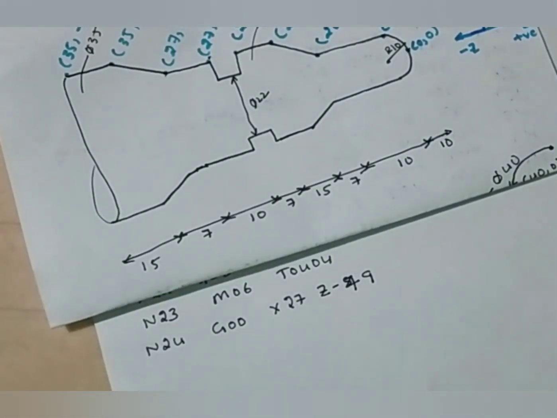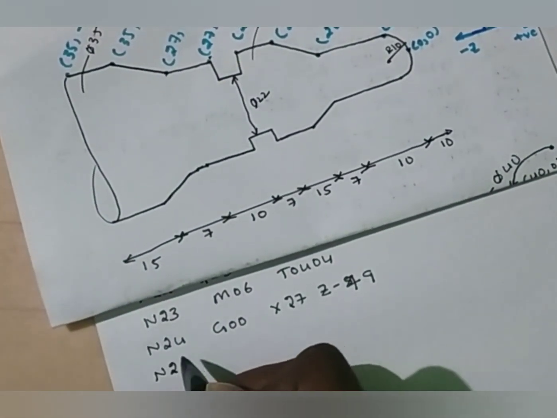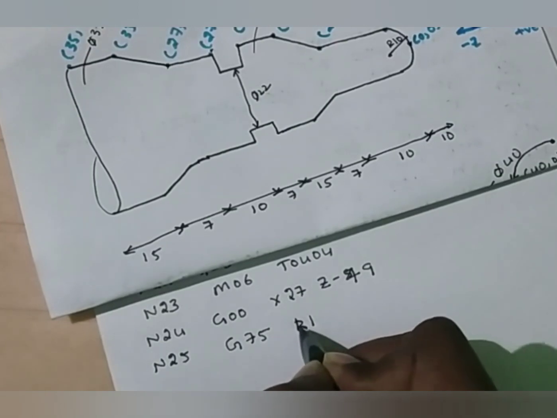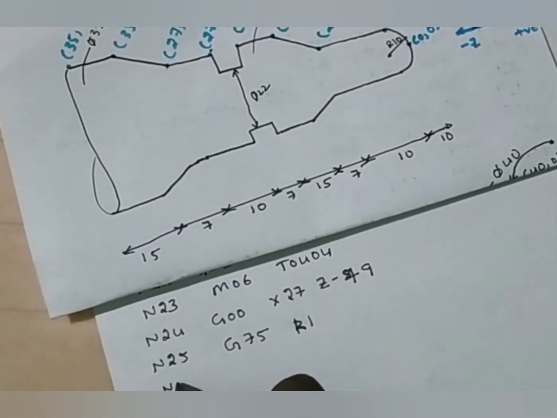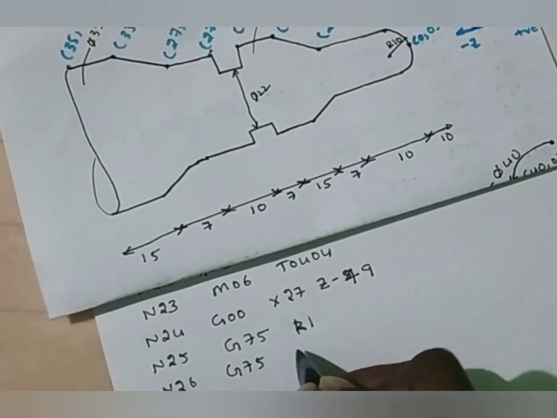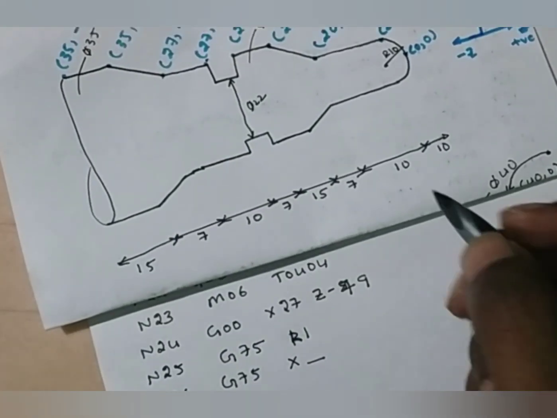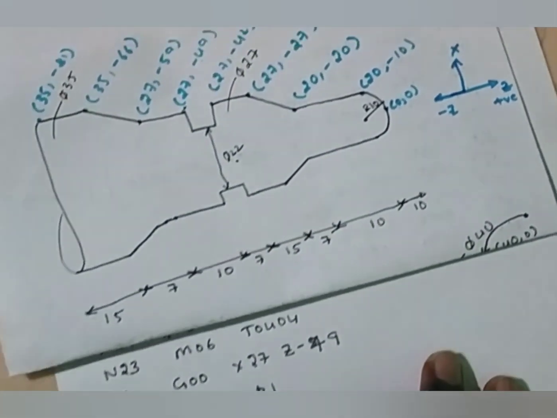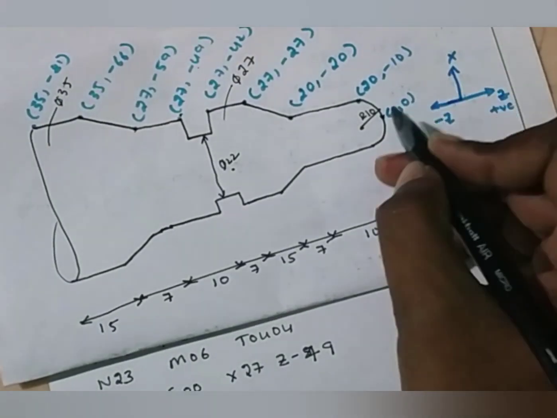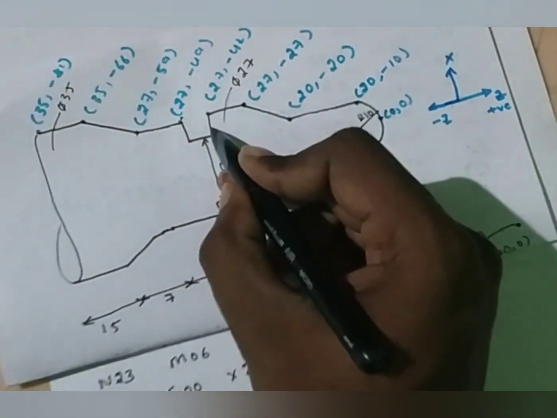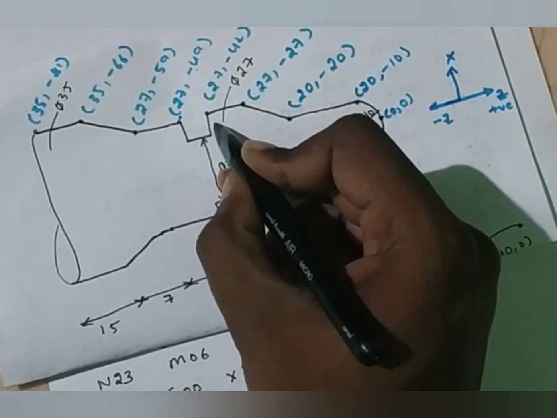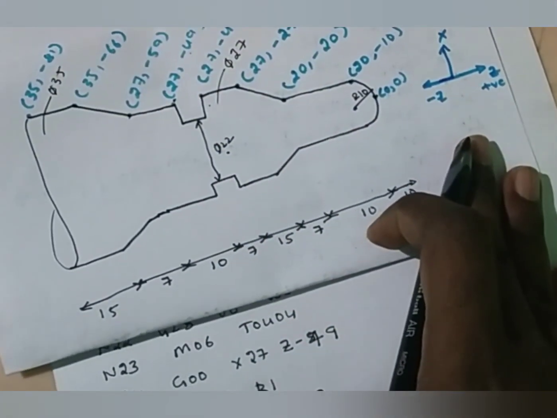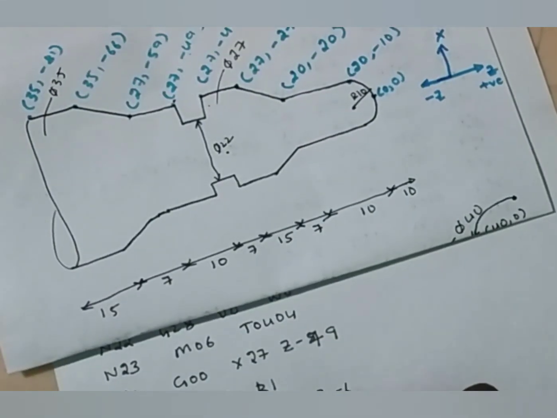Now write the syntax for grooving. N25, the syntax for grooving is G75, R1. The next line N26, G75, X value is core diameter, that is groove diameter is 22 mm, that is X value is 22. Z value is the width of the groove. We have to measure it from the reference point, that is from this point to this point. But anyway, the width of the groove tool is also a very important parameter. I'm going to assume it as 3 mm. Therefore the Z value will be 42 plus 3, that is minus 45 mm.